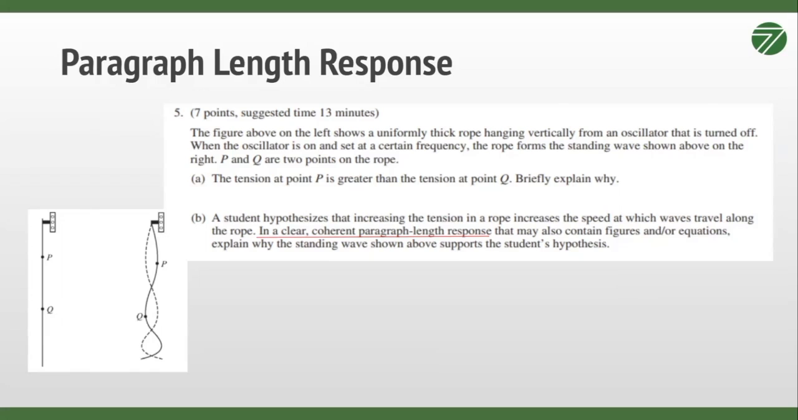What they want is a paragraph structure that demonstrates that you understand basically what's going on here. This is fairly typical in that they'll have some kind of introductory prompt where they set up the situation, and then they'll give you a starter question that's worth like 2 out of the 7 points for part A. Here we basically have an oscillator that's oscillating this string and creating these standing